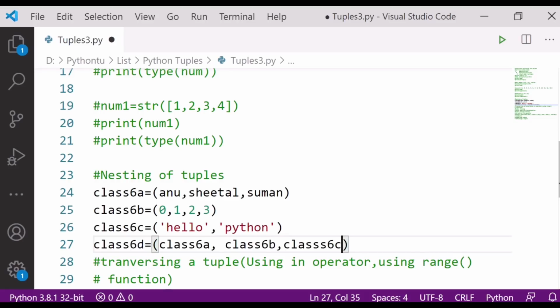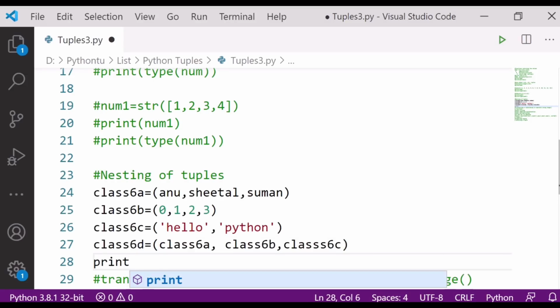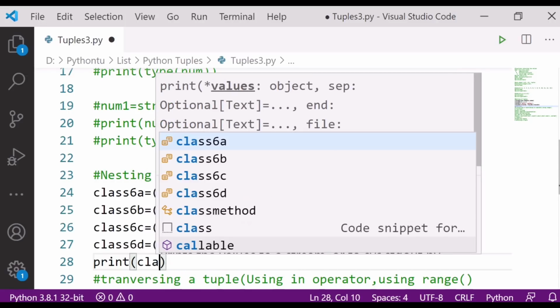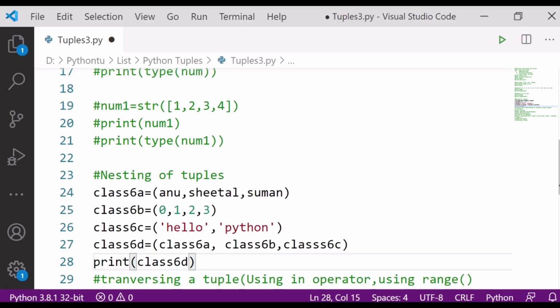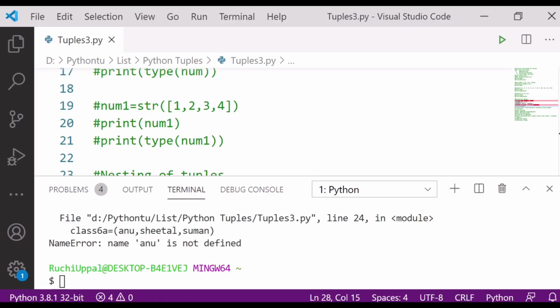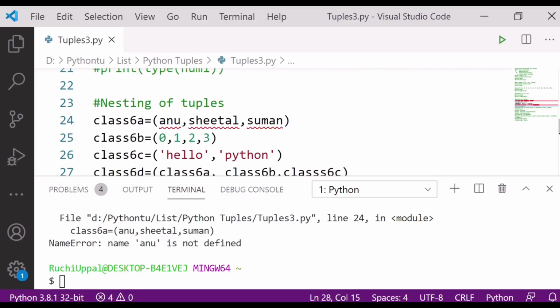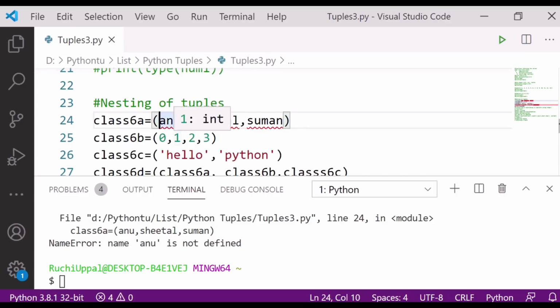After that, I will simply write print. What I have to print here now, class 6d. This is what I want to print here, so that I can have my output. Control S, and let's print and check the output. Okay, Anu is not defined. Fine. Just wait.